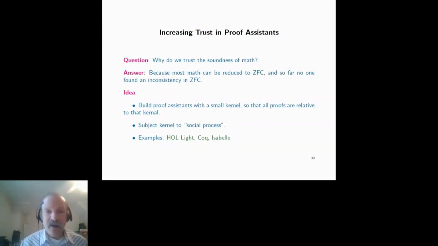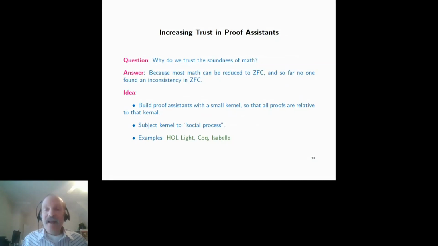And so people have at least tried to address the issue of why we should believe a theorem prover. If they are big beasts of software, they themselves may be buggy, and it's going to be very difficult to formally prove them. So people went back and thought, why do we trust mathematics? Why do we trust ZFC, for example? We can reduce most of mathematics to ZFC. We know that we cannot prove in ZFC that ZFC is consistent, right? This is Gödel's second incompleteness theorem. But many people have looked at ZFC, and so far no one has found an inconsistency.